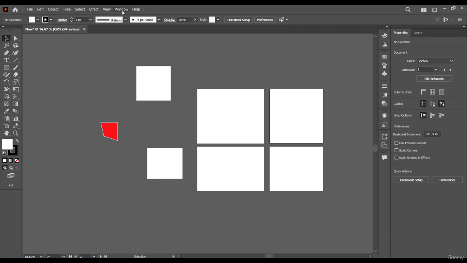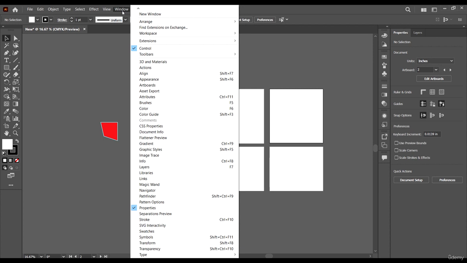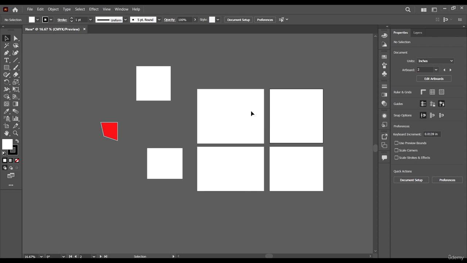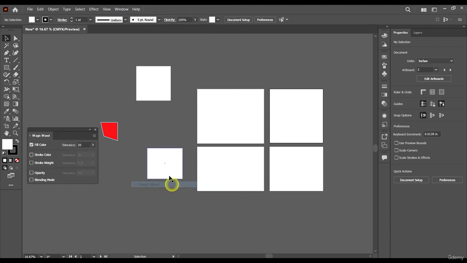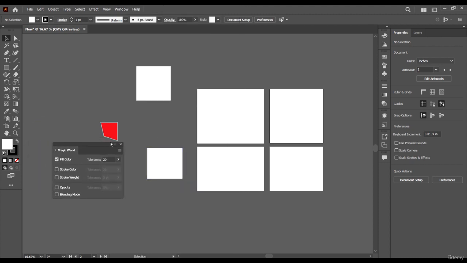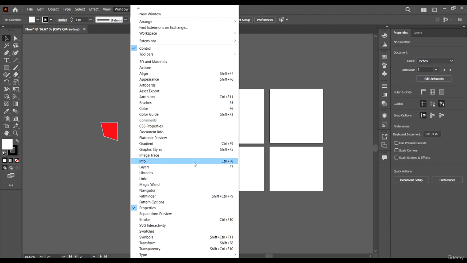And then we have this other one, which is called the windows, which of course we used the other time to set up our interface. Right now these options here help activate other panels that are not presently on our viewport. Okay, so things like, let's see, the magic wand, for example. Now this is the magic wand panel, which is not important for now. And we have, let's see